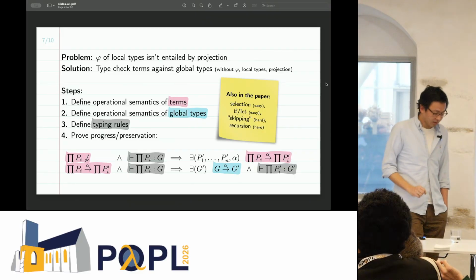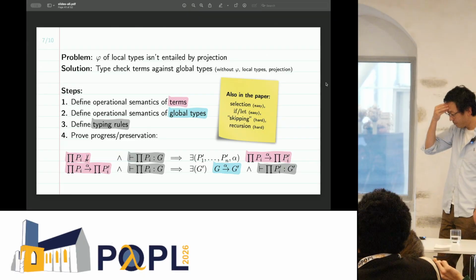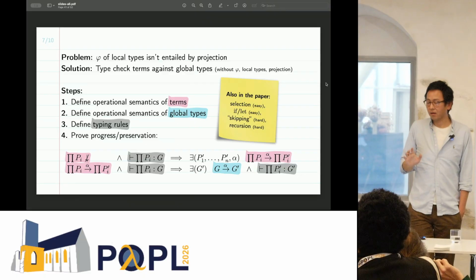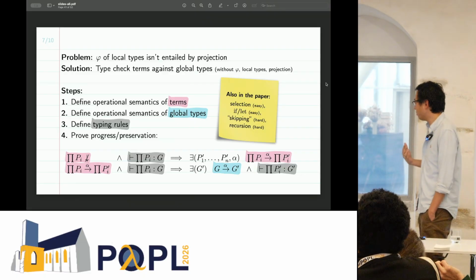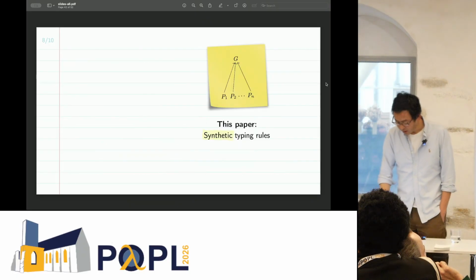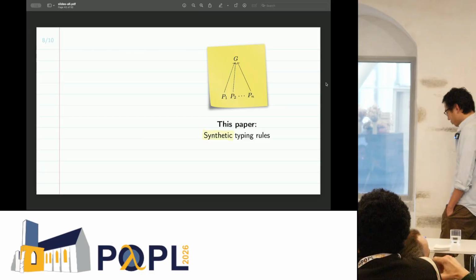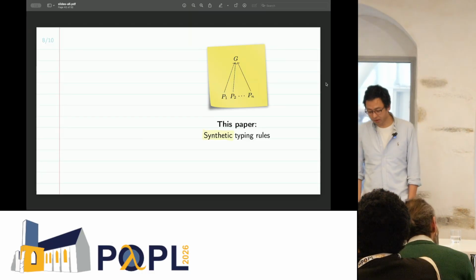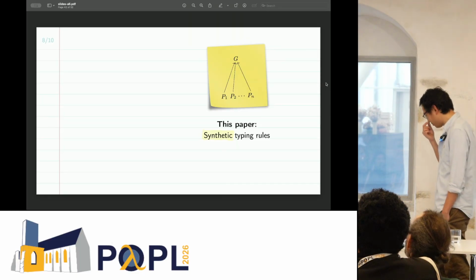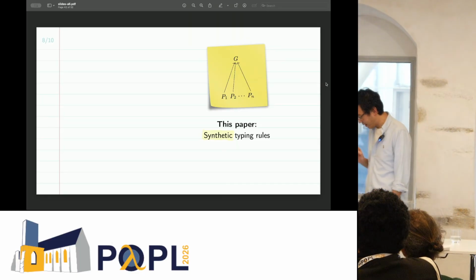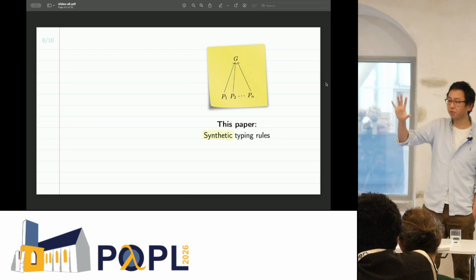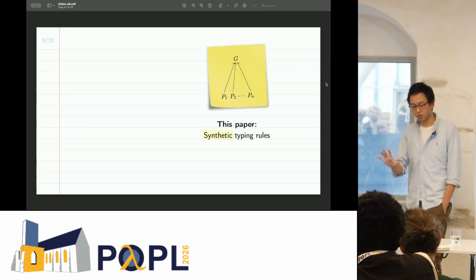Okay, there's one last thing that I want to discuss. I am now, I would say, finally in a position to highlight what I believe is the most interesting technical novelty of this work, which is that the typing rules of our system are what is sometimes called synthetic. And synthetic in this context means that in our typing rules we have meta variables that appear in the premise of the rule, but not in the conclusion.